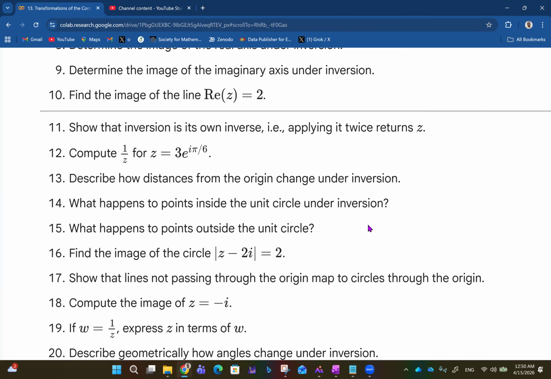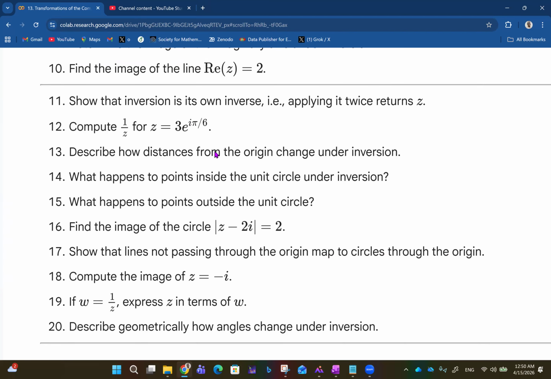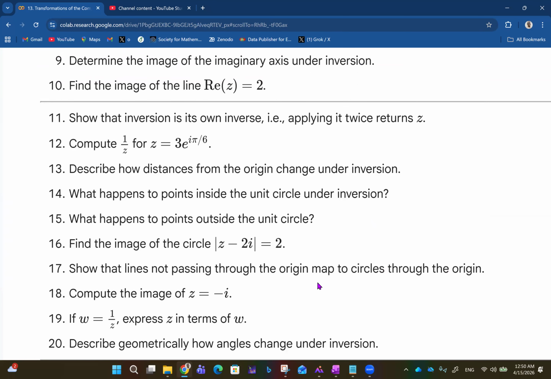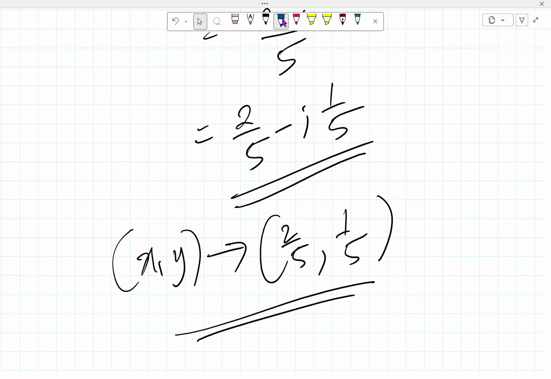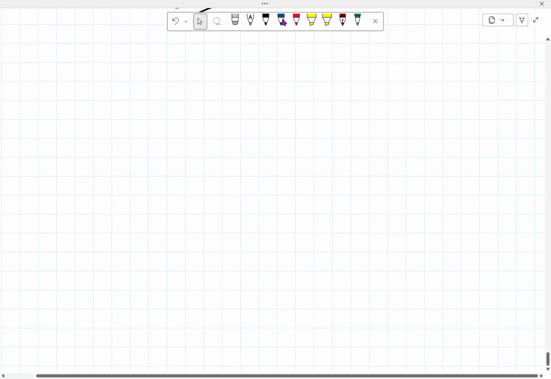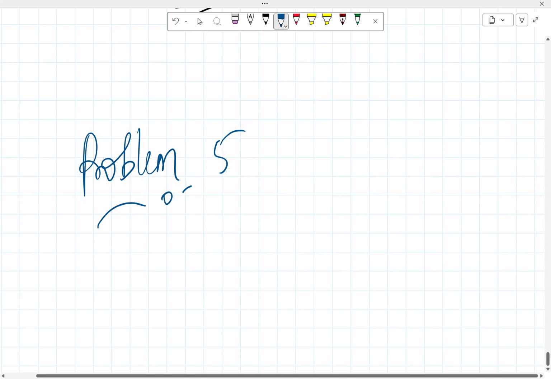Then 12: compute the inverse 1 over z for z equals 3e to the i pi over 6. So deal with this also. But let me take on questions 5 and 12, like I said. So we start with problem 5. We want